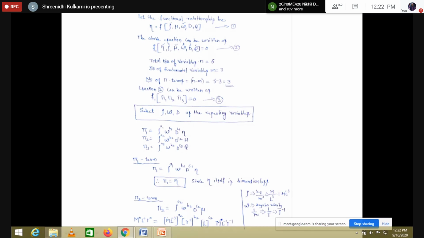So the angular velocity, sir? Yes, the angular velocity I have written as 1 per second. It is radians per second, but radians are unitless. So that's why here I consider it as per second, T to the power of -1. We don't consider degree also, because degree doesn't have a unit either. So that's why I consider it as per time. Okay, sir.